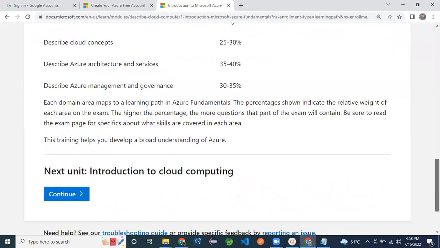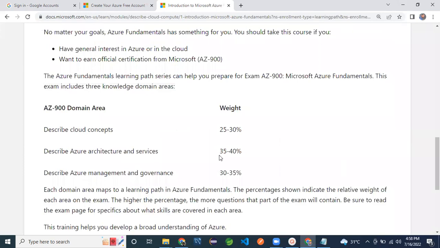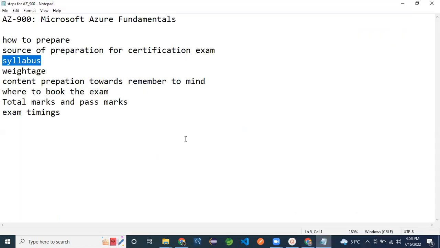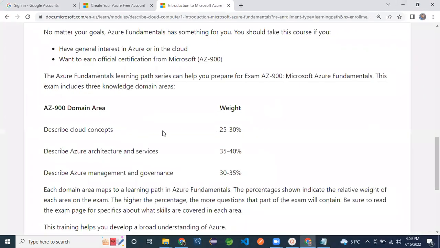Okay, so this is the syllabus. The syllabus is updated recently. The first one is describe cloud concepts. Next is describe Azure architecture and services. Next is describe Azure management and governance. The weightage: on Azure cloud concepts we receive 25 to 30%.